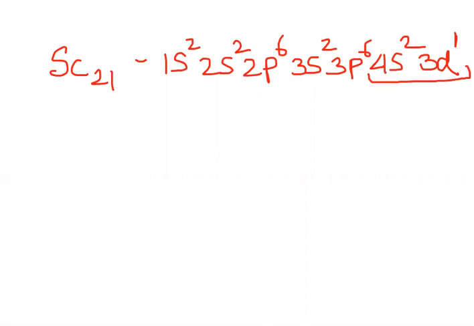When they are considered to be the valence shell, the number of electrons in the valence shell are how many? 3. 2 of 4s and 1 of 3d. So the total number of electrons are 3. Hence, that group has been called group 3. Okay. Earlier, it was called 3B. Why? Because the filling of the D block elements started. It was a little easier to remember which one would be the D block. Why? Because if it is the subgroup B, that means the D block elements are being filled up.